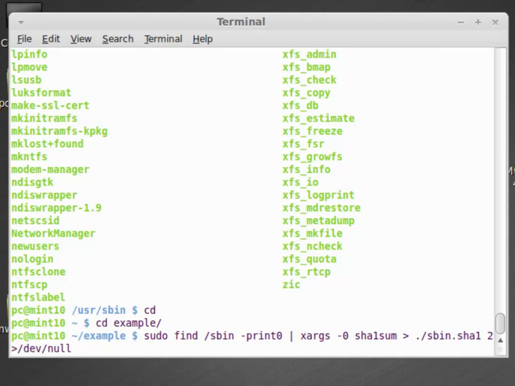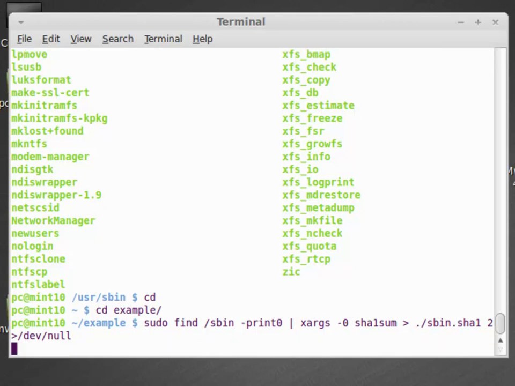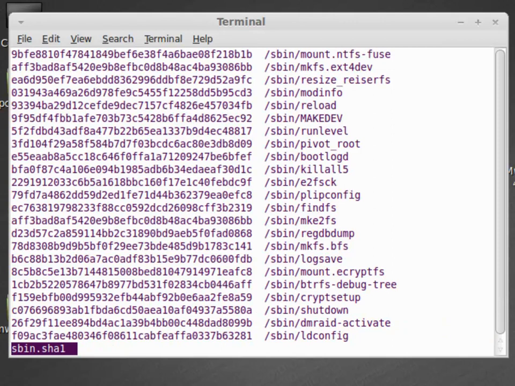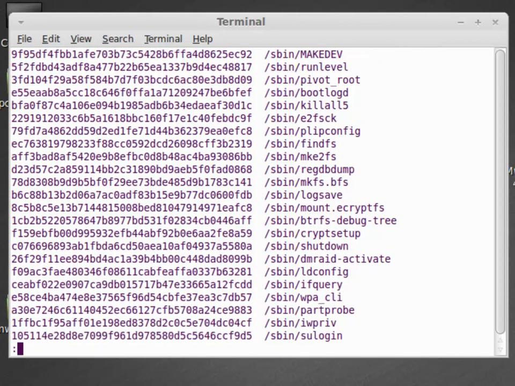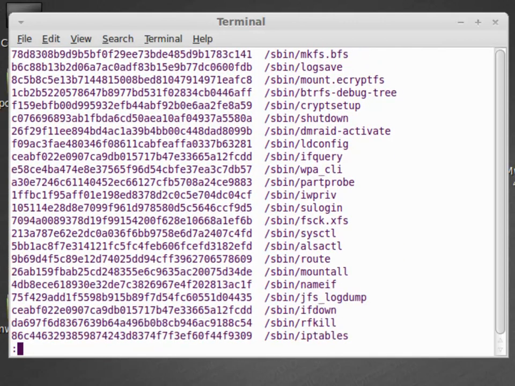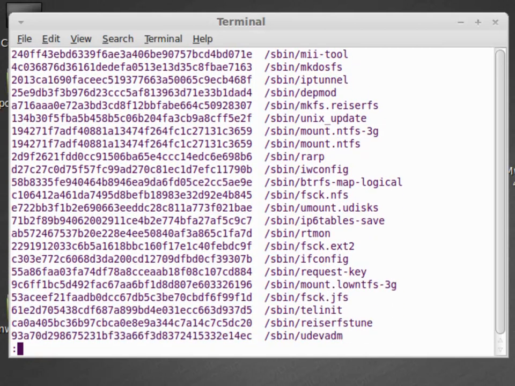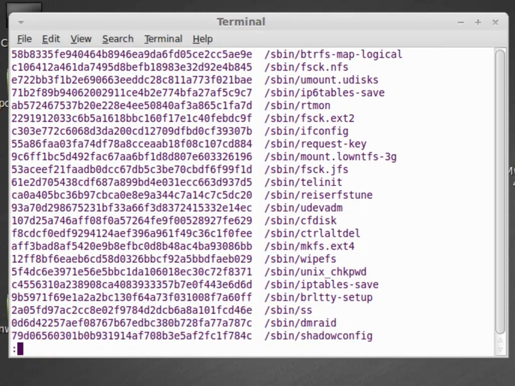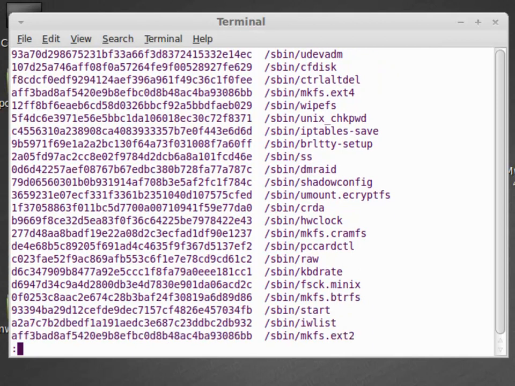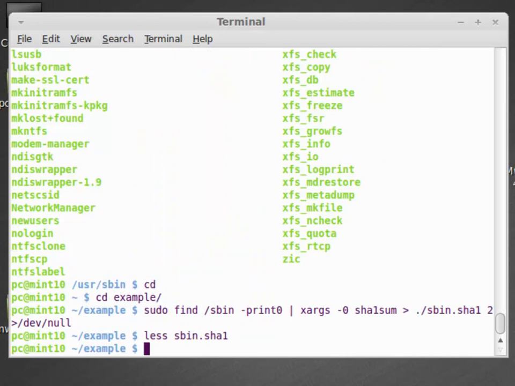SBin SHA-1. Okay, and we'll run that. Let's take a look at SBin SHA-1 files. So this shows you the SHA-1 sums for everything in this directory. Okay, so now what we'll do is